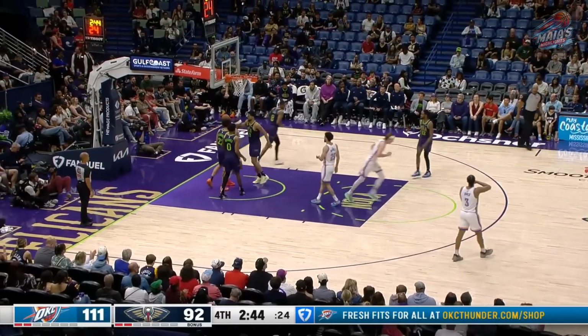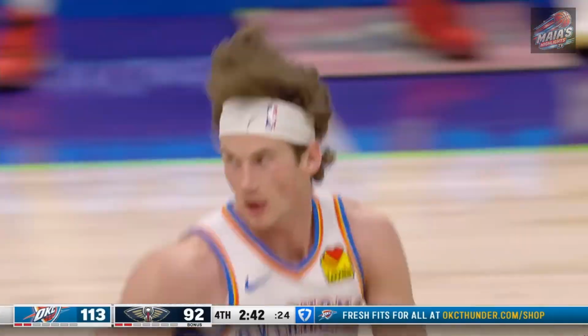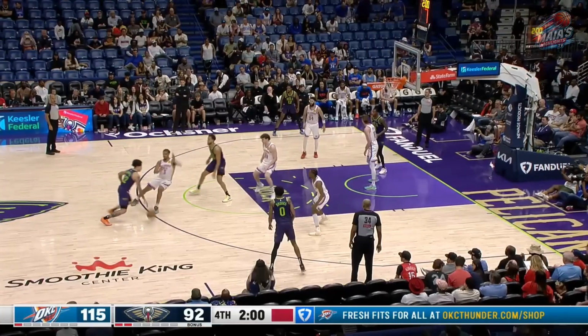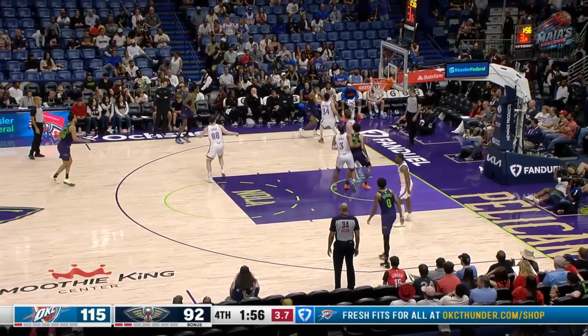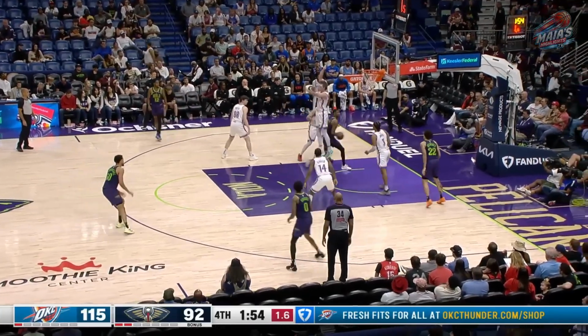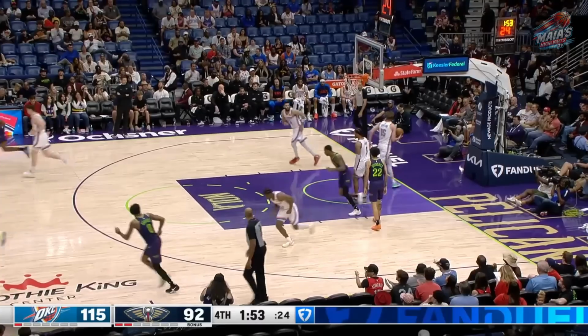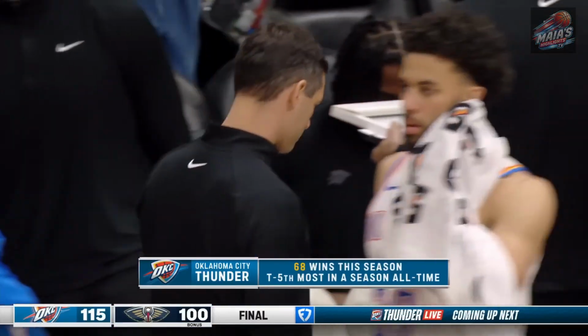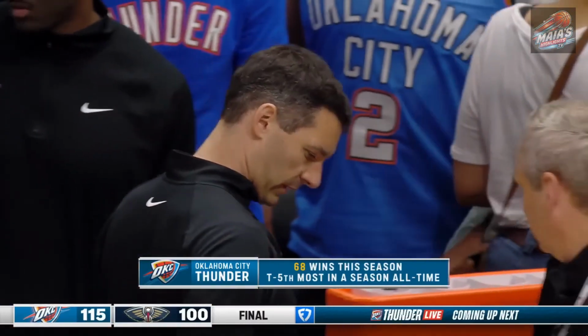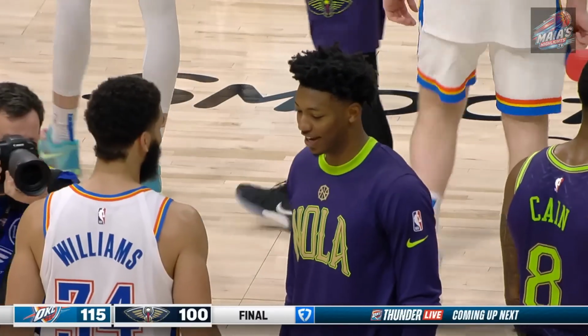Wiggins got all the way to the cup, but there is Carlson adding to what has already been a career night. Historically good. You've got really good defenders, and there's some guys who are really deserving of getting all defensive. There is no doubt about it. You're not doing it with one guy. It's the 7th team in NBA history to reach 68 wins. 5th most in a season all time. Tied for the 5th most. An incredible